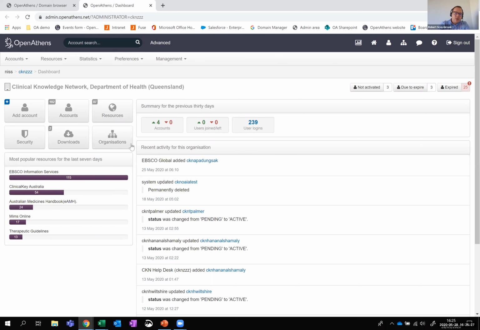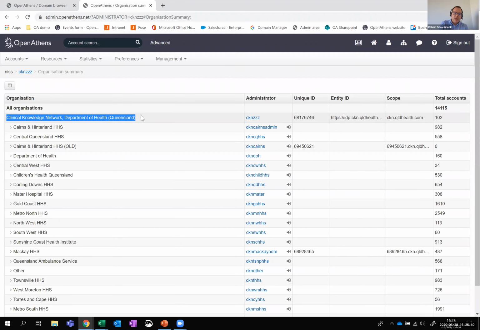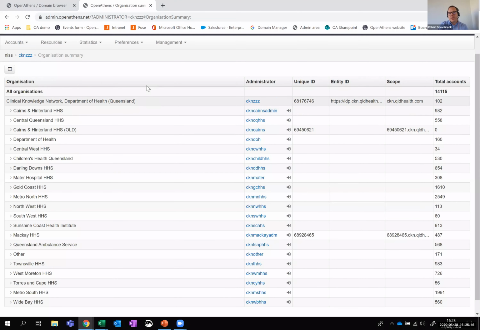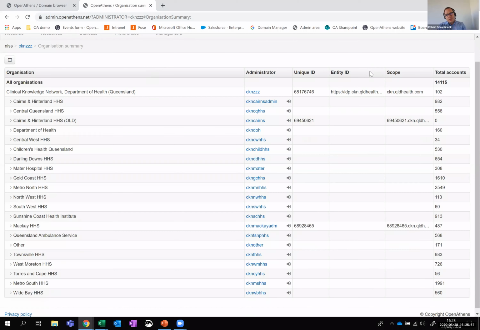If you go onto your OpenAthens dashboard, you'll see there's a big button that says Organizations. If you are a hierarchy, you'll see the organization that you're logged in as right now. So you can see I'm logged in as the top level Clinical Knowledge Network, but there are about 30 different sub-organizations that live underneath that top level account. That's what we're talking about in OpenAthens terms; that's what a hierarchy looks like. On the right-hand side, we've got a few bits of information here, and that's scenario 2 we talked about, where we have